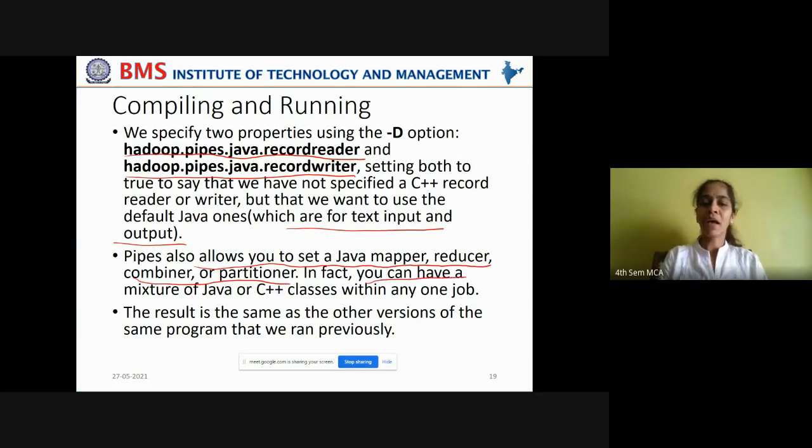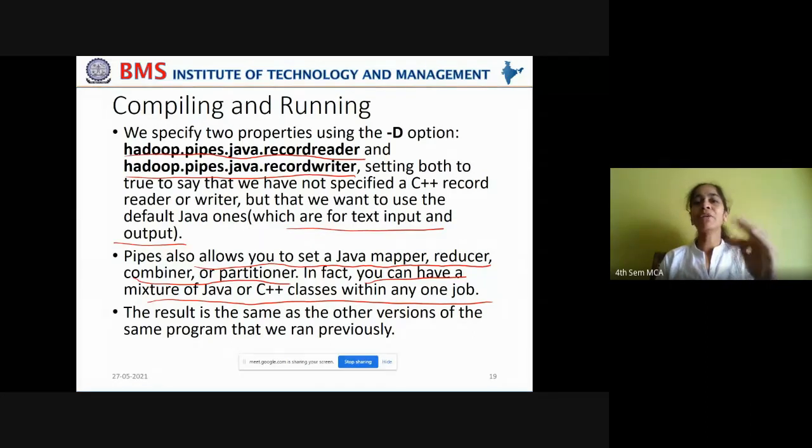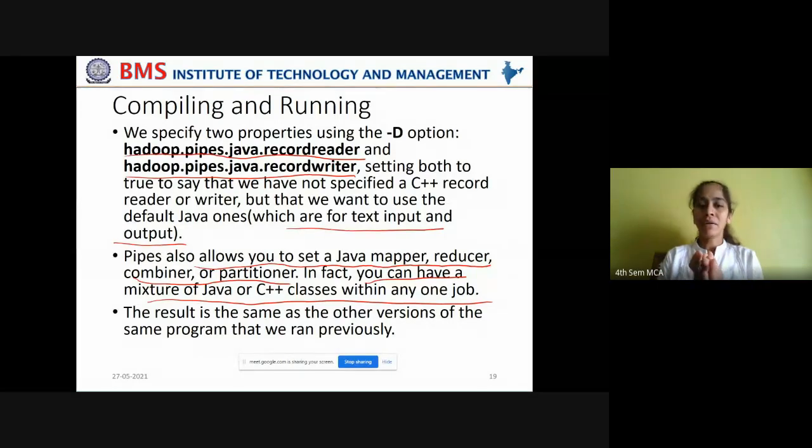In fact, you can have a mixture of Java and C++ classes within any one job. This is very good, right? If you're not very comfortable writing code entirely in C++, you can use a combination of C++ and Java, but you have to use some header files which make this flexibility happen without any issues.